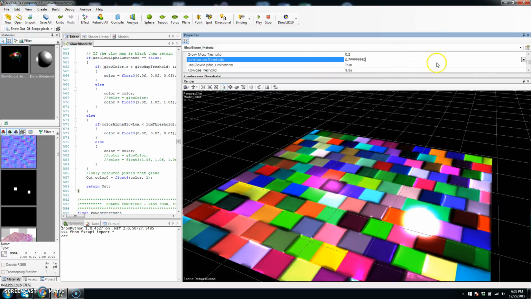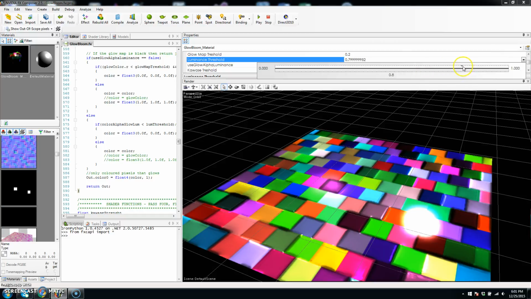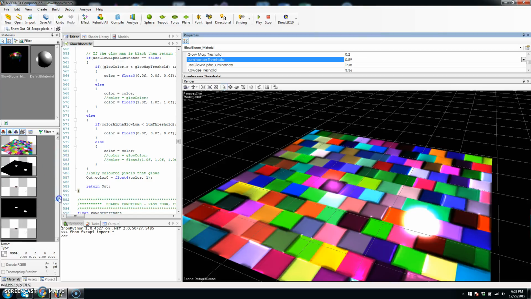So if I just grab this luminance threshold, which is using the bright pass, as you can see, the middle one is a really dark color, and this is a really light color, really white. And as I'm moving the luminance threshold up, they're starting to glow. If I leave it about here, it's okay because it's passing all the pixels through the bright pass. As you can see, this is after the bright pass here, because one is the dark color and